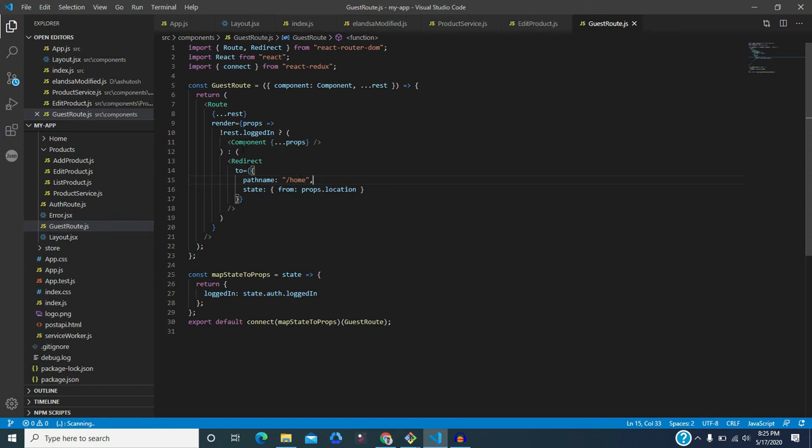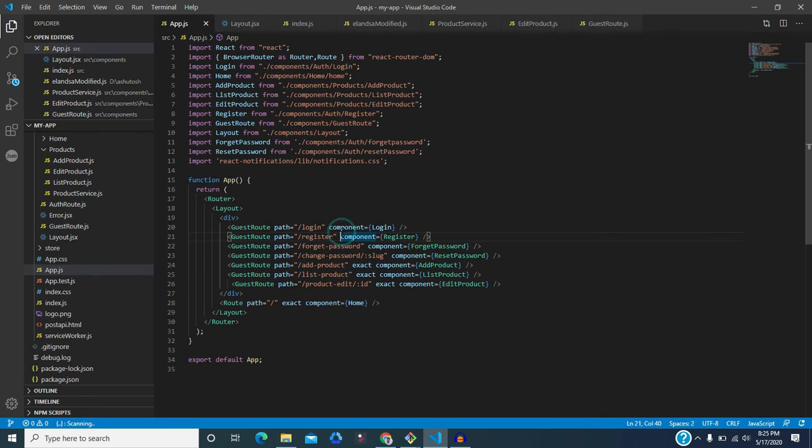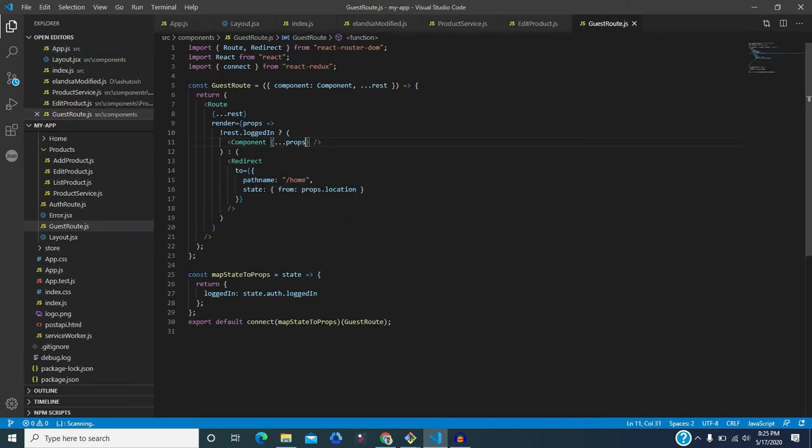So you can see here that this is the component, and whatever component and whatever props we are passing will be passed here also, and that particular component will run. So let's go to the app.js. Basically in this case we are passing a path and the component, and this path and component will be passed to the guest route. You can see here that the props mean path and component, and that will be rendered, whatever they return.